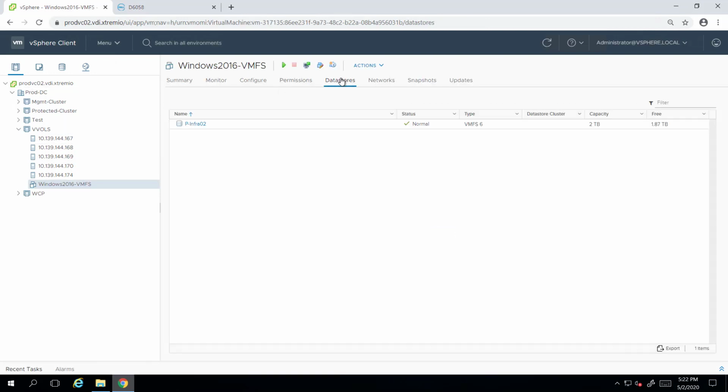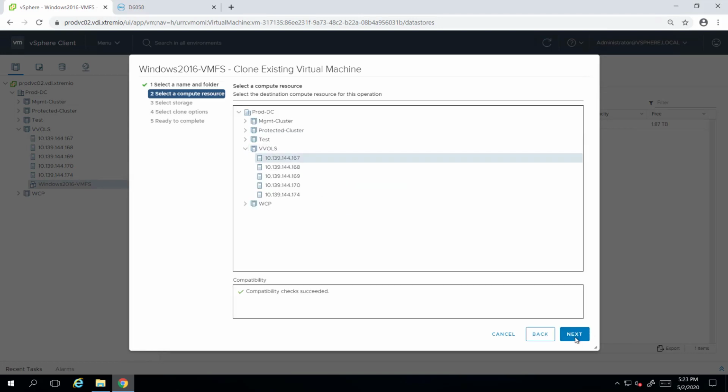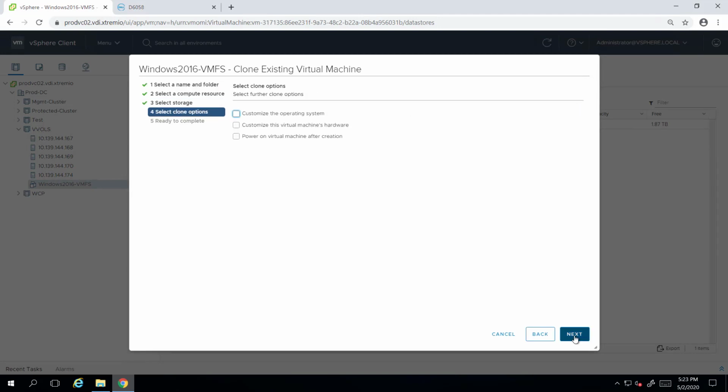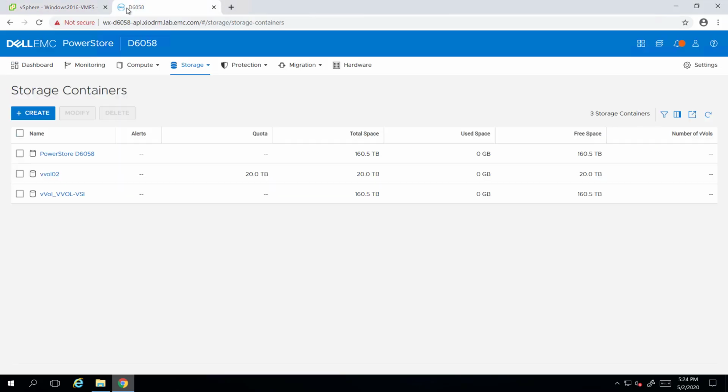Now that the VVOL datastore is mounted, we can clone a virtual machine to the VVOL datastore we've just mounted. I'm cloning a Windows 2016 virtual machine from a VMFS datastore to the VVOL datastore. This process will take a few seconds to complete. We can also navigate to the PowerStore UI to see the bandwidth, as this is a regular copy on write